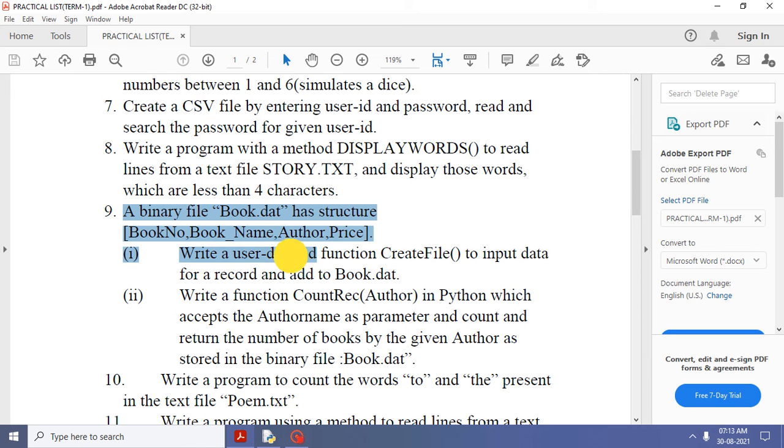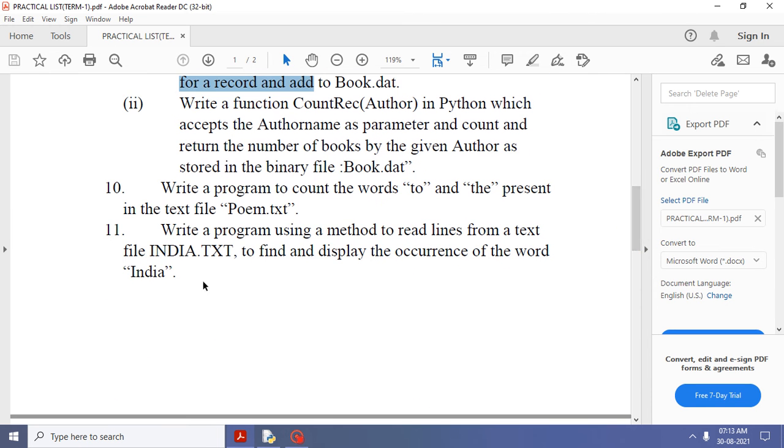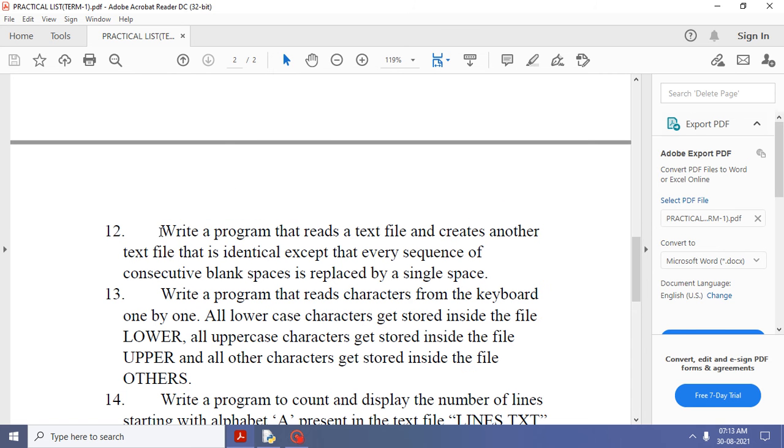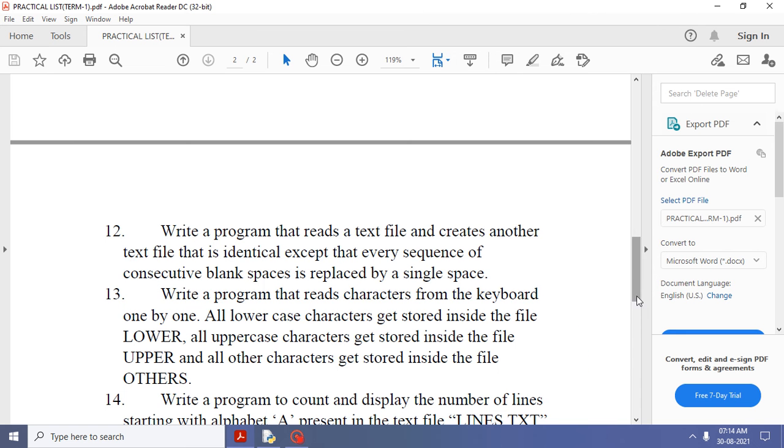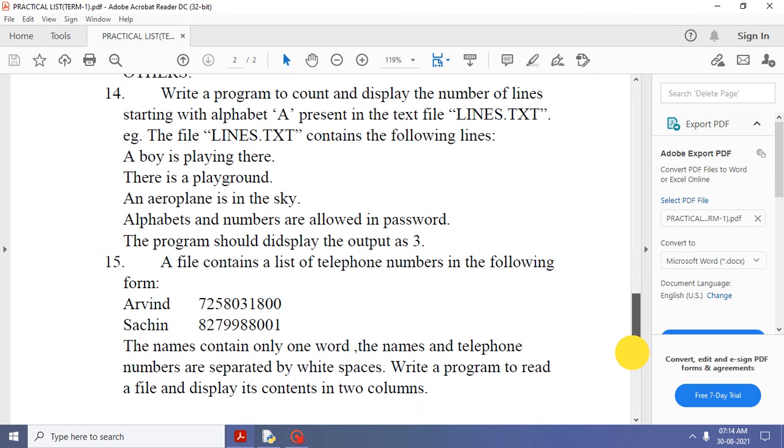Ninth is again on binary files. 10th is on a text file. 11th is on a text file. 12th reads a text file and creates another text file that is identical except that every sequence of consecutive blank spaces is replaced by a single space. 13th is again on text file. 14th again on text file, and 15th